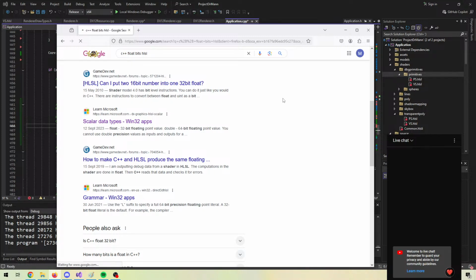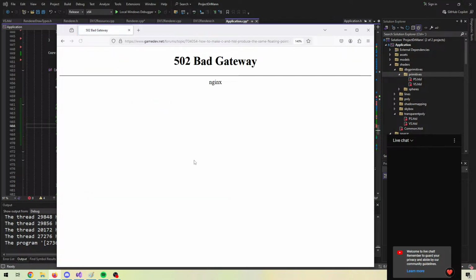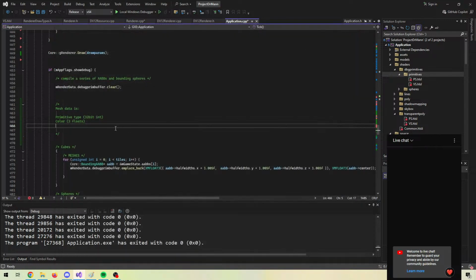Game dev is just so slow. Yeah, it crashed. Okay, anyway. What we want to do is submit our mesh data here for our debugging primitives. So that means